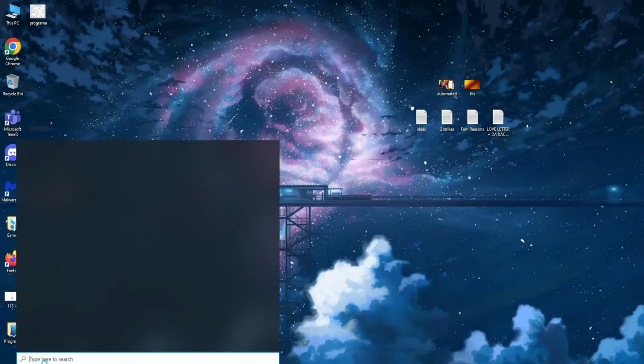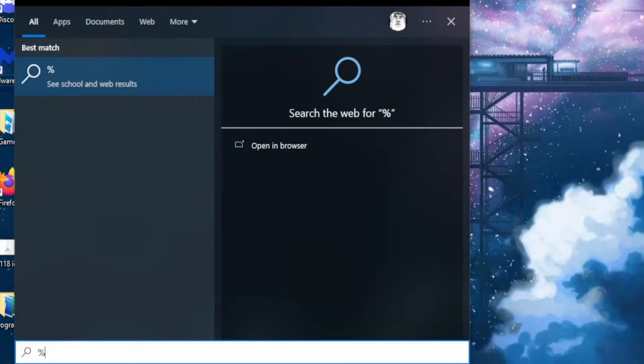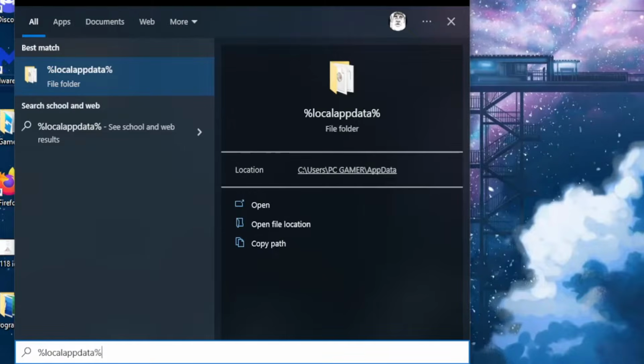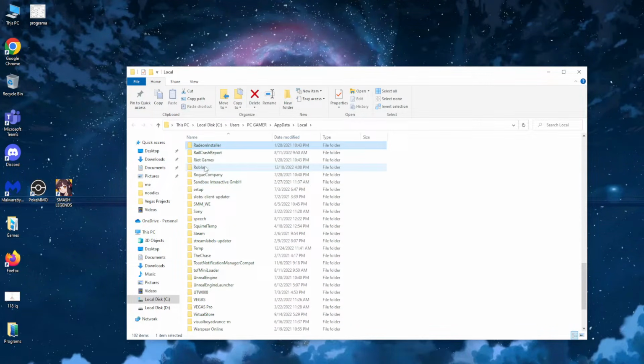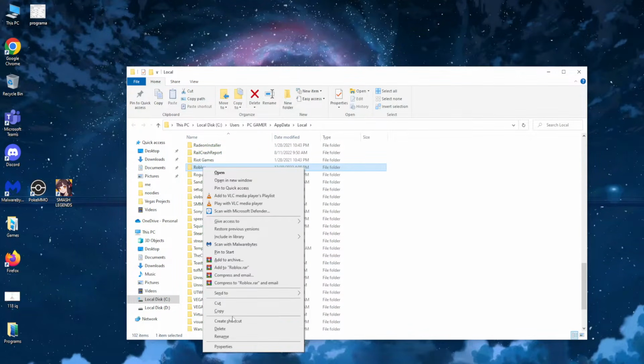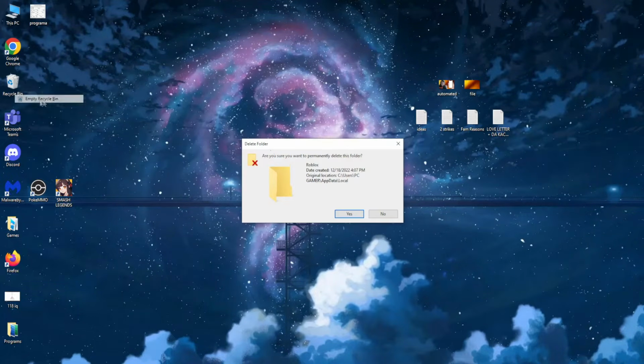Next up, open up your computer search yet again, and here I want you to type %localappdata% and click enter. From here you have to find the Roblox folder, so simply click on whichever folder, type R and try to locate Roblox. We have this folder right here, so we simply want to delete it. Okay, now after we have done this, just empty your recycle bin,